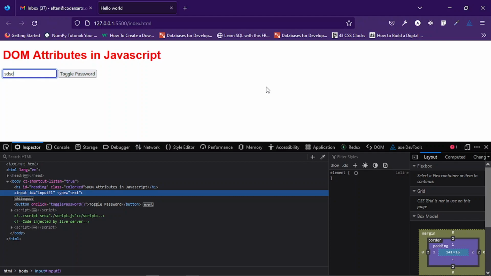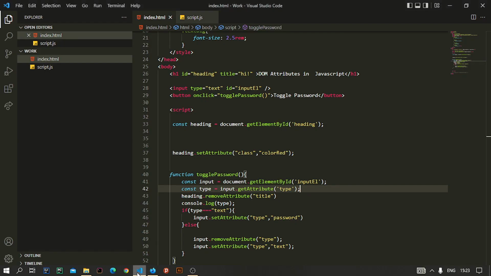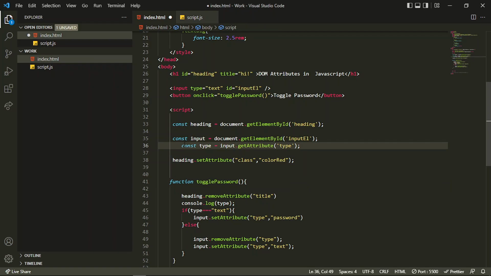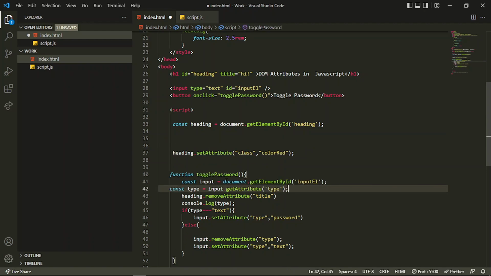So hello everyone, in this video we'll be fixing that error which we did in the last video. So basically I just grabbed this attribute from the global function into a normal local function, because earlier we were grabbing this get attribute only one time initially. So it was the initial type, so it was not changing back to this type text, so it was always